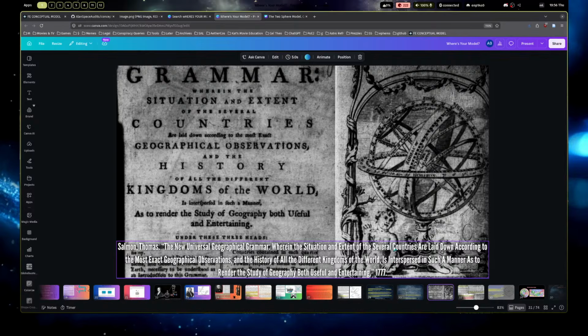1777, same year as the royal decree that came out, basically saying that if you were using a different coordinate system than latitude and longitude as defined by the king, then you were going to get taxed and put into financial destitution.